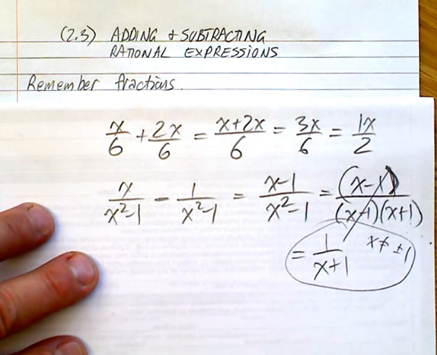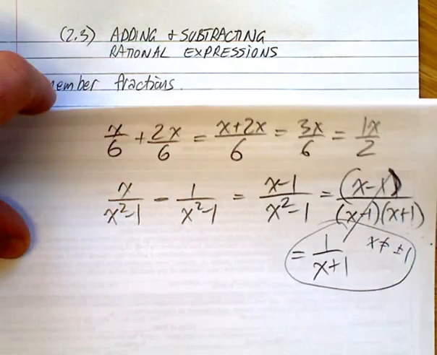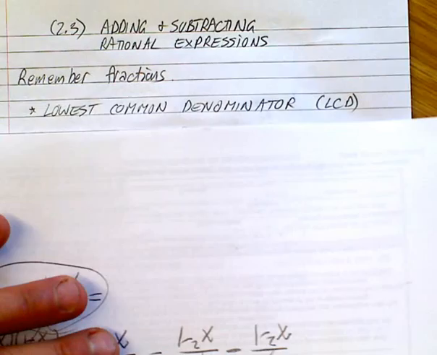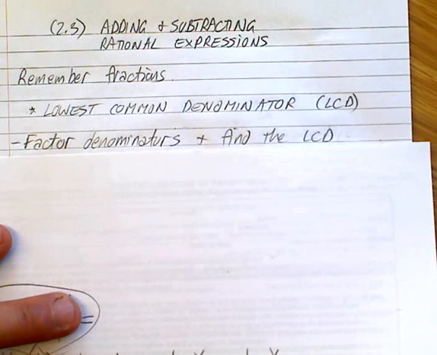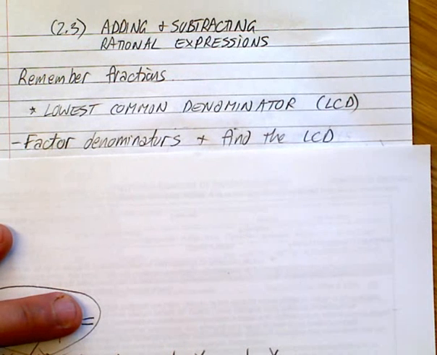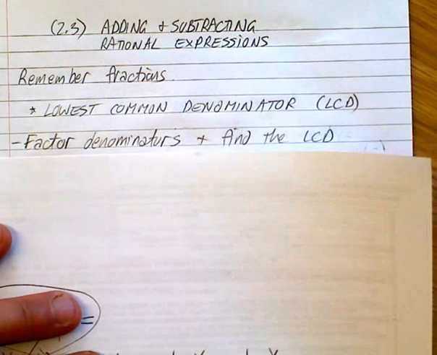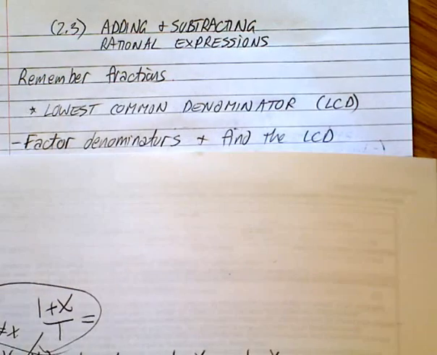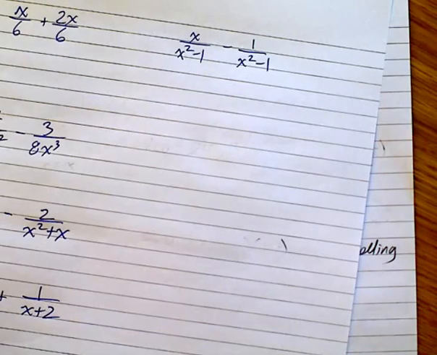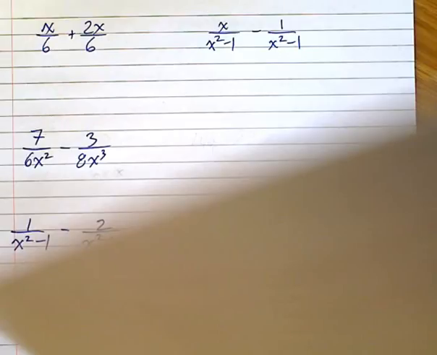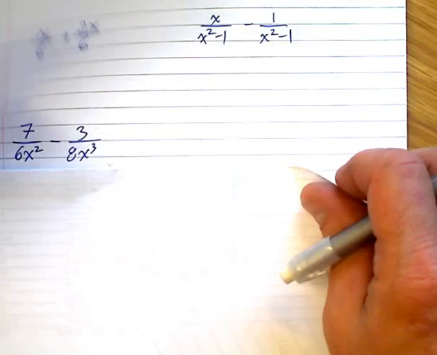We have common denominators, so we haven't had to do anything funky. However, if we do not have a common denominator, okay, you need to find that lowest common denominator, okay? And I'm going to give you an example of a question right now. Let me just throw this out to you. I got a bunch here. I'm going to start with this simple one. And you know what I'll do first here? Let's have a look at